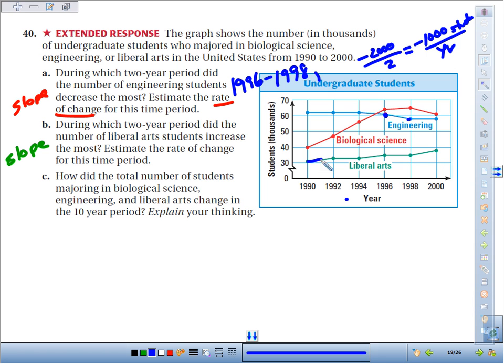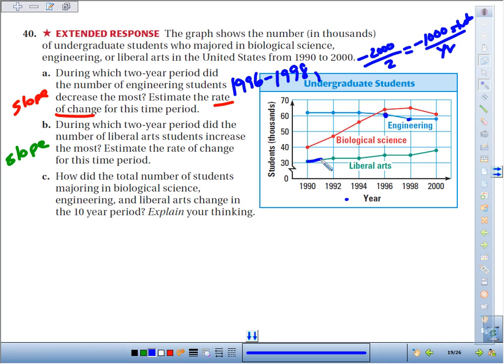Estimate the rate of change or estimate the slope between those 2 years. Well, let's see. It went from about 35,000. So this is like 1998, 35,000. And then in 2000, it looks like it's about 39,000. What's the rate of change there? Well, if we do y minus y over x minus x, we get about 4 over 2, which is 2. So it went up 2 students per year. Remember, we're measuring in thousands. So we'd say for Part B, it went up approximately 2,000 students